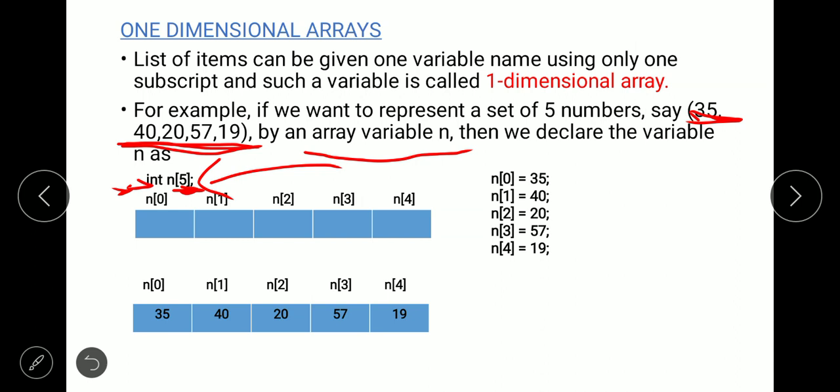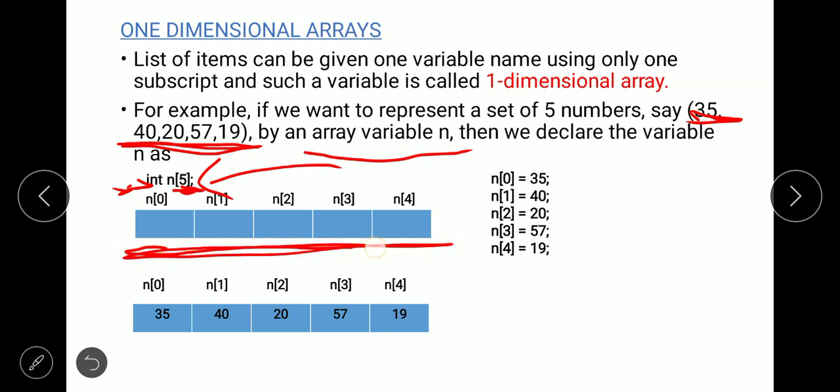So we are going to declare this variable as int n, int space n, then inside the square bracket we are going to specify the size of the array. Here the size is 5 because we are going to store only 5 numbers. Let's see how these will be represented in memory.